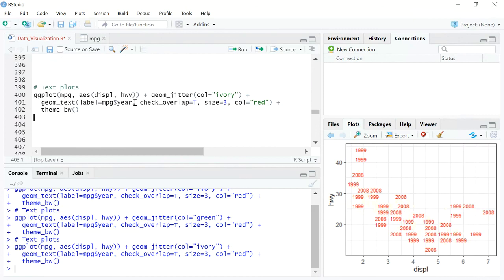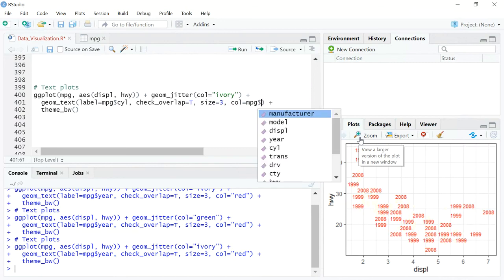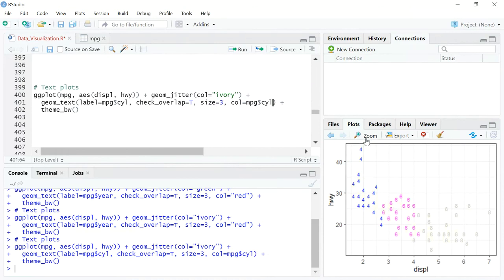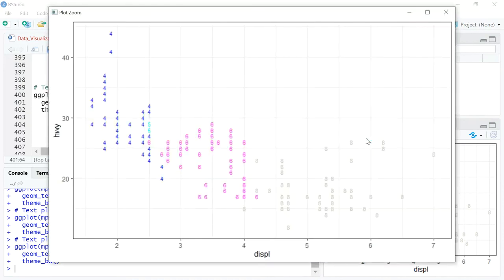Now let's see if we can make some subtle changes to this, right? So let me replace year with CYL, which is the number of cylinders that a particular car has. And instead of giving everything a red color, let me divide or bifurcate the color based on the cylinder column itself. The moment I do that, what do I get?